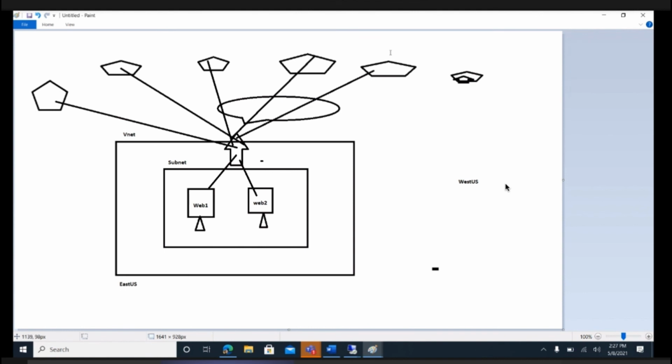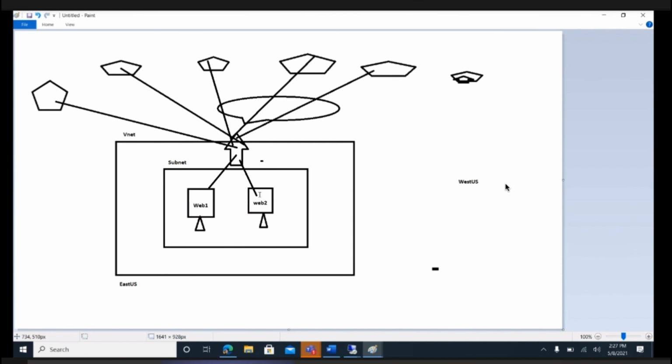When you deploy an internal load balancer, your front end IP will be internal, and that IP will not be accessible over the public internet. So if your users are accessing your application over the public internet, you need to choose an external type load balancer.